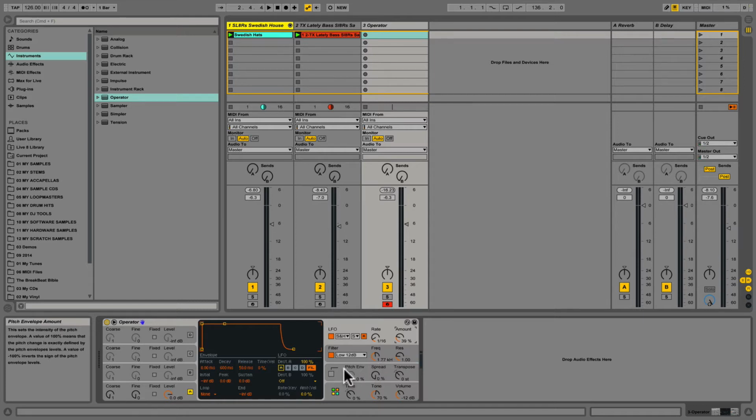Okay. Right, next thing I want to do is put the filter on and change the filter envelope to give it some movement. Now this won't do anything until I actually switch the envelope on. So I'm going to put it up to 100%. I'm going to bring this down later. And I'm going to put the amount of